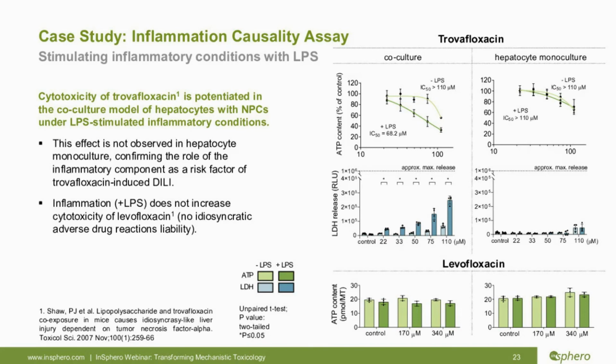This application pulls out yet another feature of the model, its modularity. So what does it mean? This means that the microtissues can be built either as a co-culture of hepatocytes with other cell types, such as Kupffer cells and liver endothelial cells, or more simply as a hepatocyte monoculture, obviously lacking the immune component. This combination of these 2 models with and without LPS treatment can precisely illustrate the link between cytotoxic outcome and